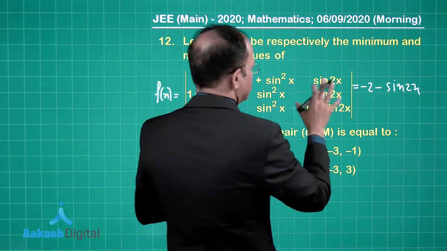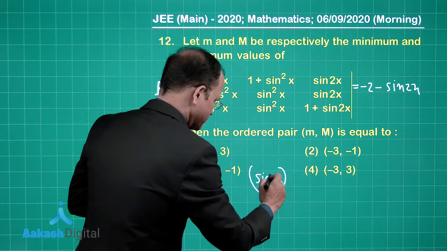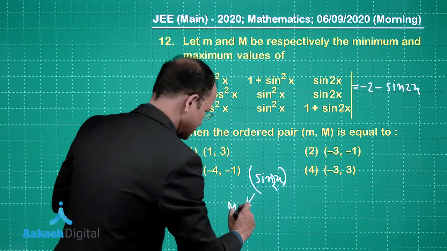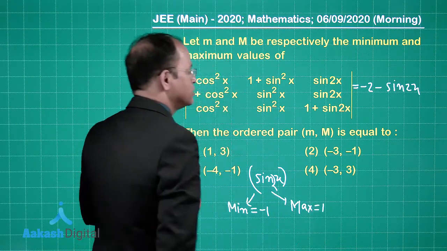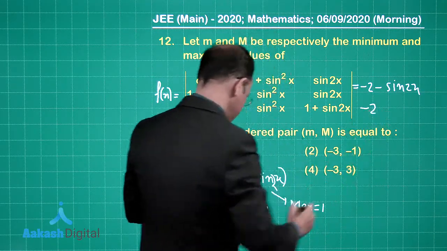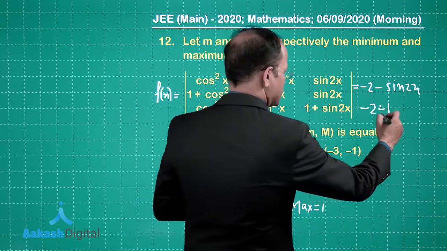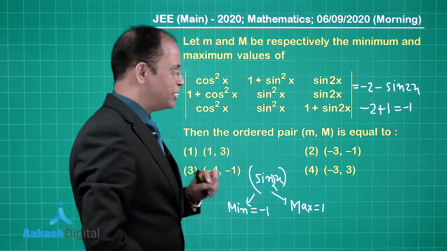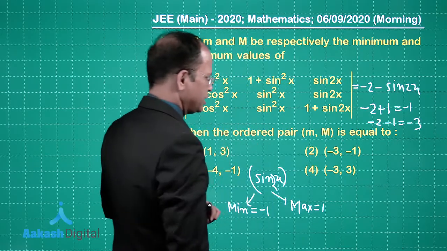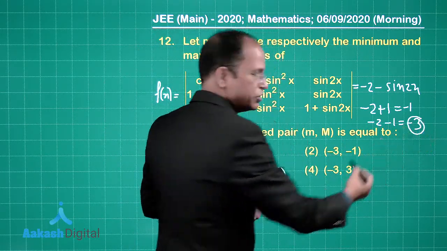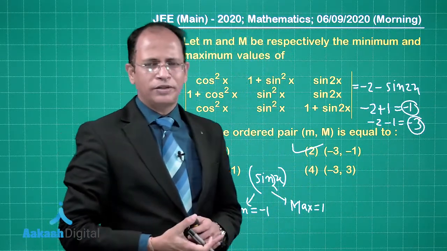Now we need to find the maximum and the minimum value. So sin 2x, the minimum value is minus 1. What is the maximum value we have? The maximum value is 1. So that means we can substitute. If we take minus 1 here, minus 2 plus 1, which is coming out to be minus 1, that is for the maximum value, and for the minimum we have minus 2 and this is minus 1, which is minus 3. So you can see here the smaller value is minus 3, that is the minimum value, and the minus 1 is the maximum. So that means second option seems to be the correct one.